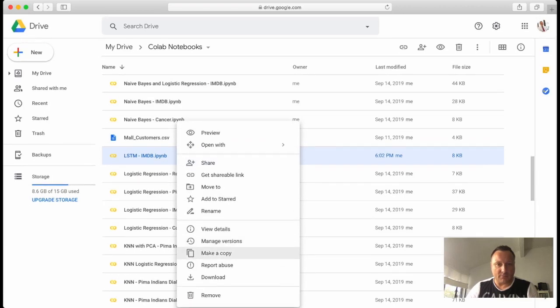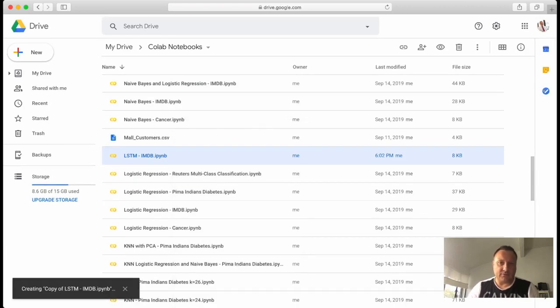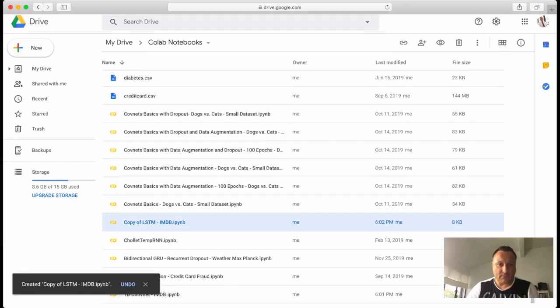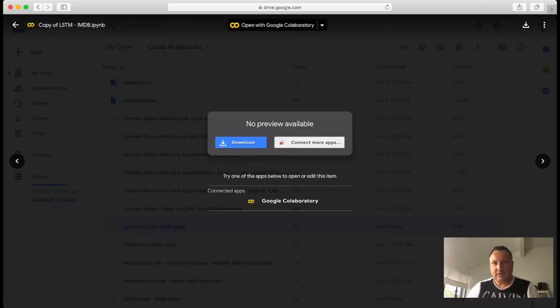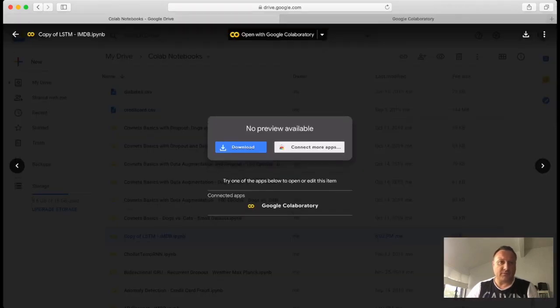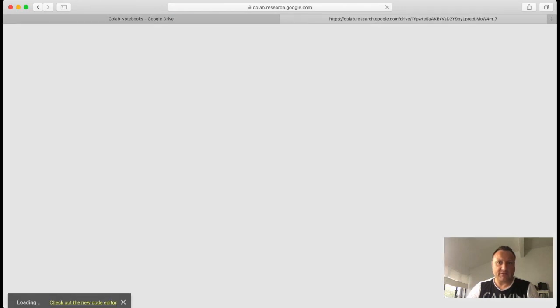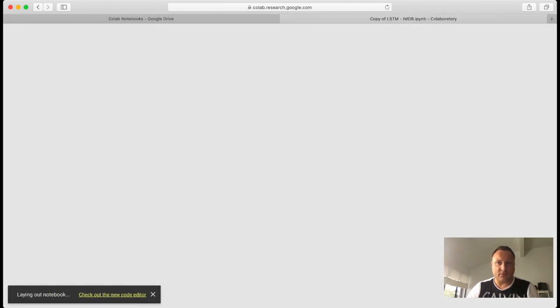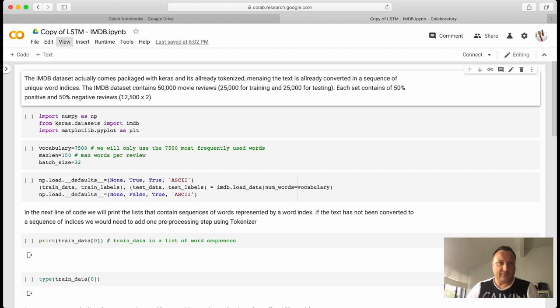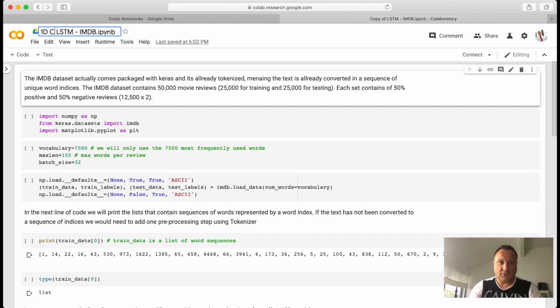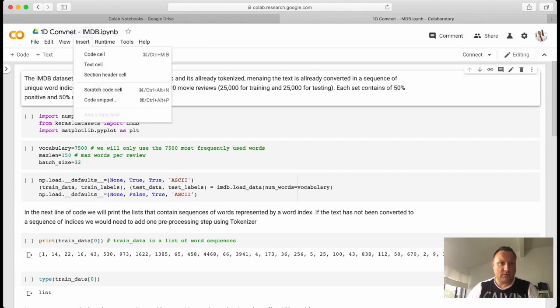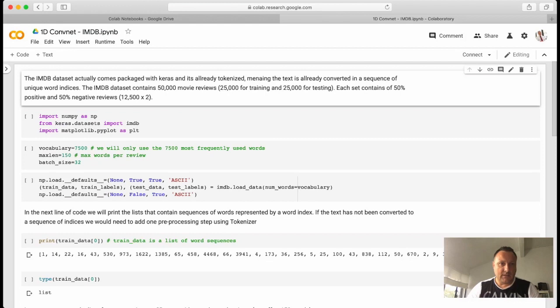So I'm going to make a copy of that file as I usually do. And then we're going to open it. Here there is no drive to mount, so we will be faster from the get-go. So here it is. I will say that this is a one-dimensional Covnet. Take the LSTM out here. And let's run